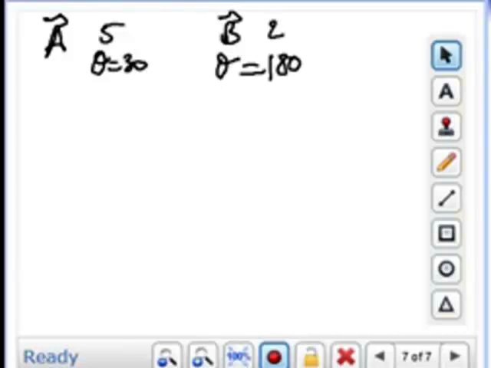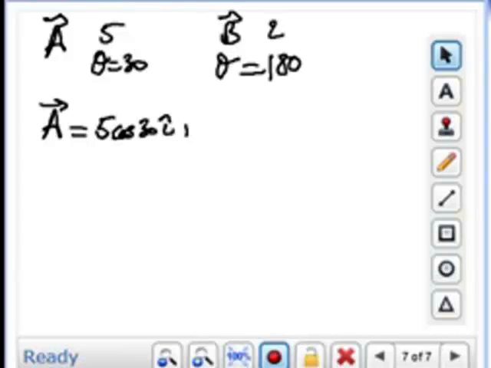The only way is to transform their notation into the component notation, which is the one that we've just seen. Add them up from the component notation, and then you can rewrite them in this form. So let's practice this and see how it goes. Again, I'm assuming that all those directions are being given from the positive x going counterclockwise, so right away I know that I can write my vector A as 5 cosine 30